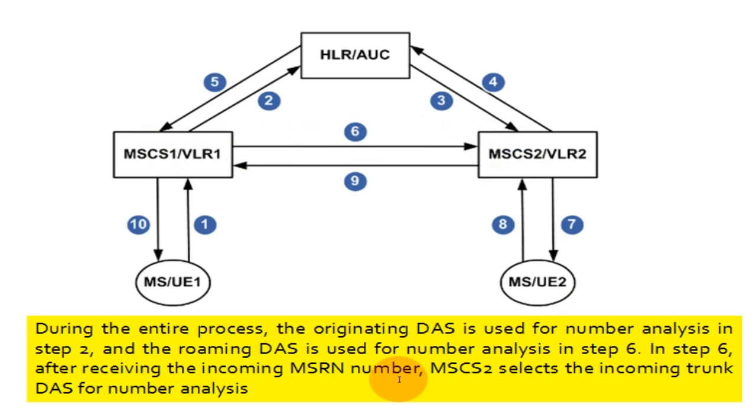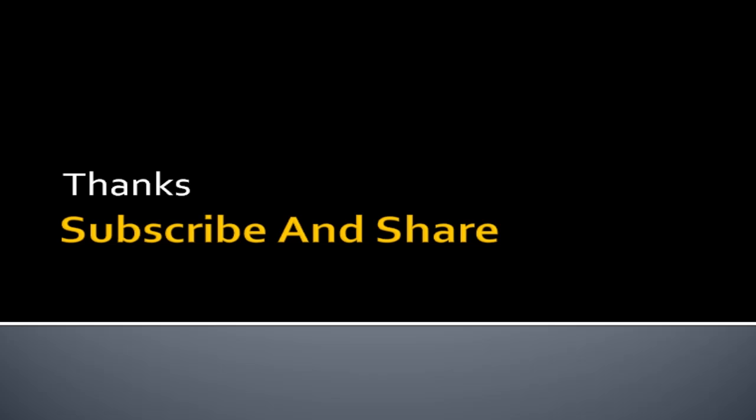In step 6, after receiving the incoming mobile station roaming number, MSC2 will select the incoming trunk digit analysis selector for number analysis. So dear brothers, dear friends, that is a summary of how two mobile subscribers located in the same public land mobile network can communicate freely and